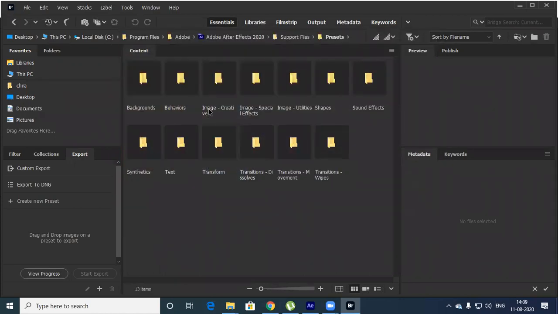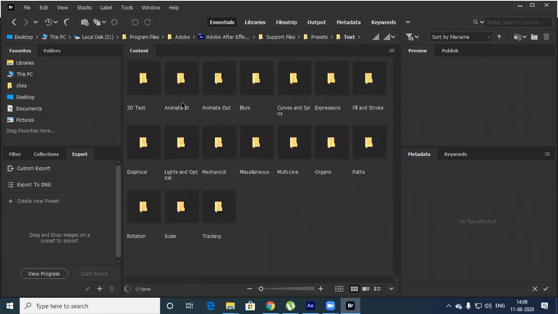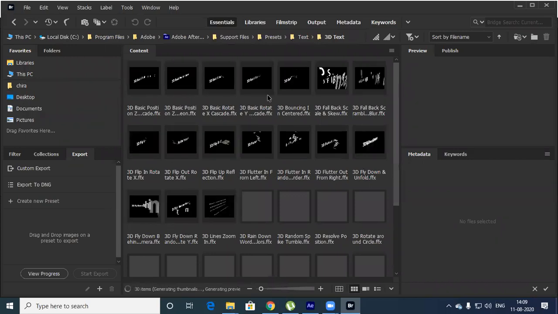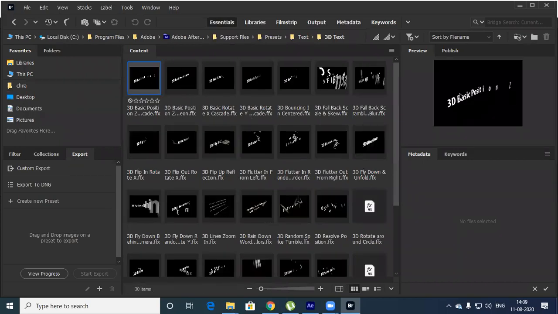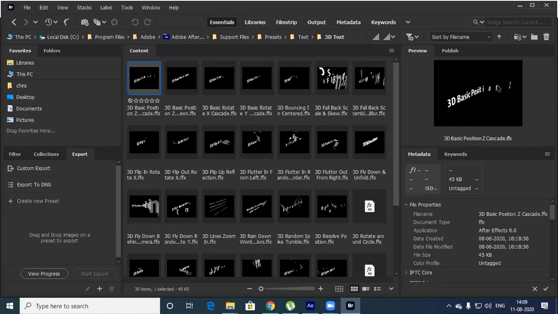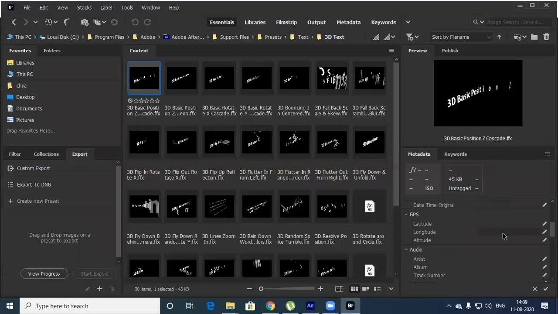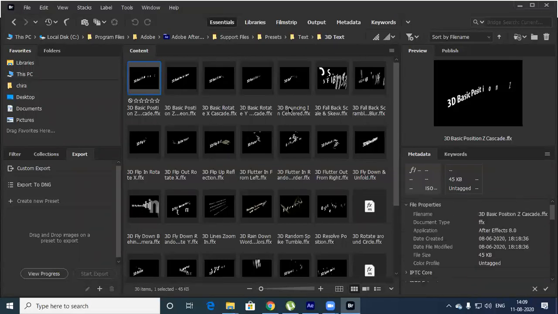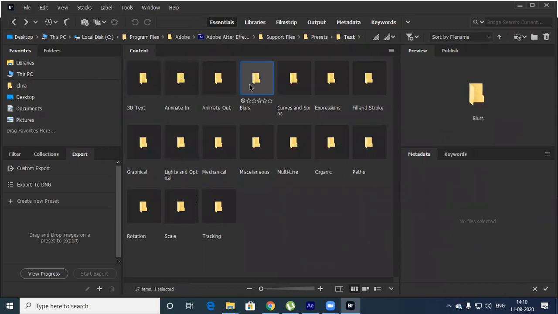Okay, this looks like this. I have a text here. Here it is, text animation, and a lot of animations will come. See here, it will play now. This kind of animation will appear on the text which I have typed. It should play. I think it is taking some time. When you work on this, your system may freeze. But not to worry, you just give it some time, it will work. Okay, so I'll just go back, animate in, animate on.